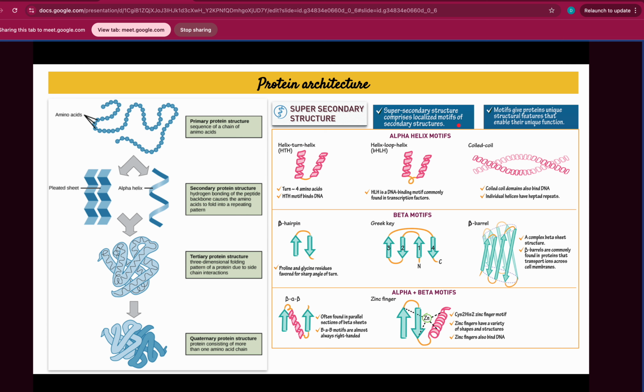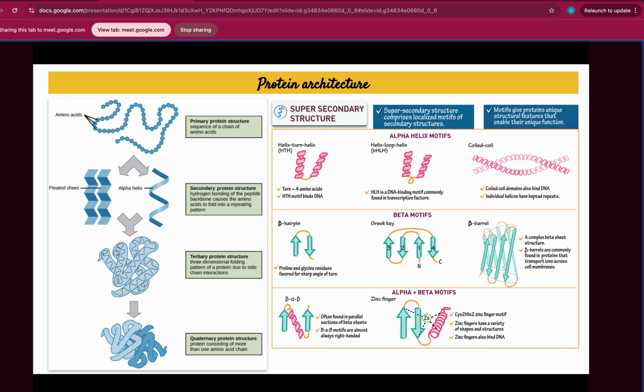So motif means these are the repetitive units. So in an entire protein, you can find these super secondary structures occurring multiple times. And then these motifs give the protein unique structural features which enable their unique functions. So these specific super secondary structures, although they vary in their structure, can also bring about new functionality to a protein. So by identifying such super secondary structures, we can determine what our protein is and what kind of activities